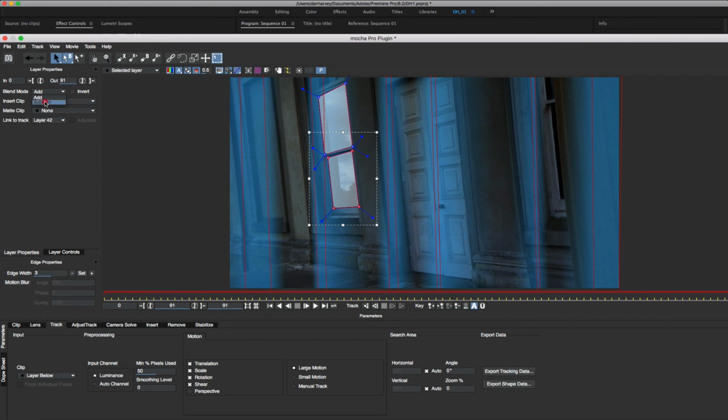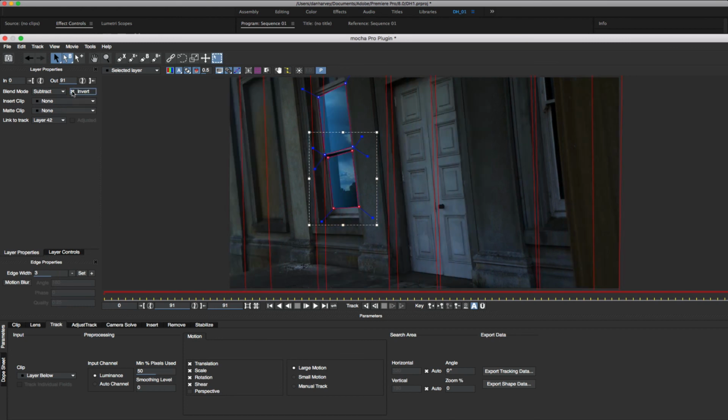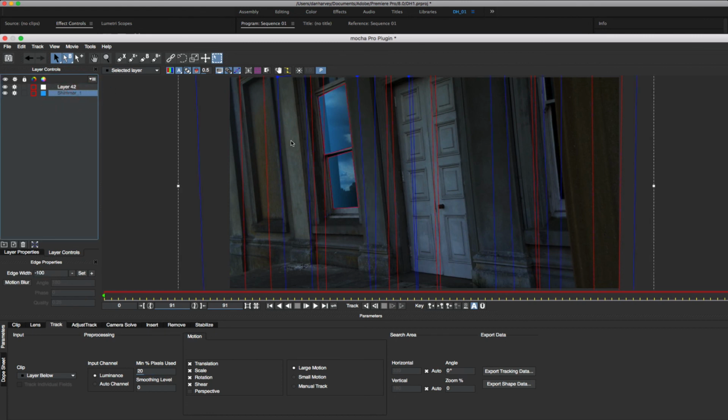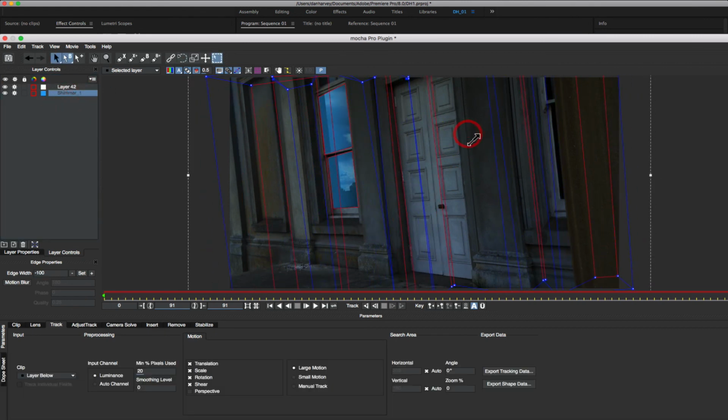timeline or selected individually. If I change the mode of the Windows layer to Subtract, the windows are subtracted from the mask. If I invert the Windows layer, the mask is now defined by the intersection of the shimmer preset and the Windows shape. The small library of presets we've seen in this session can be downloaded from the link